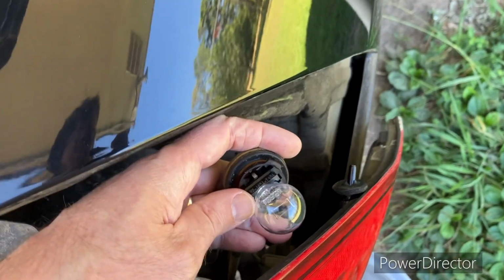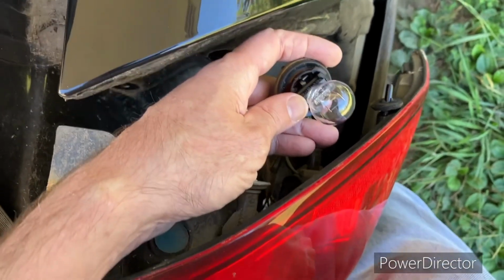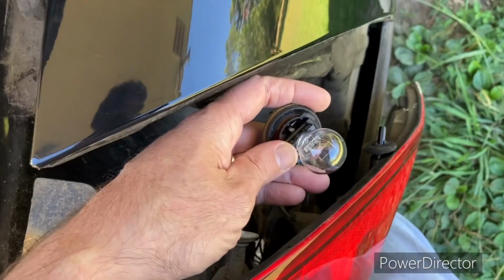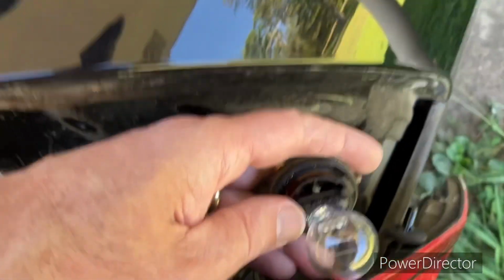Wow, y'all, I just had 2 phone calls in the course of trying to do this, and I'm standing here with the taillight assembly up against my body and holding this light bulb in with one finger. Anyway, so